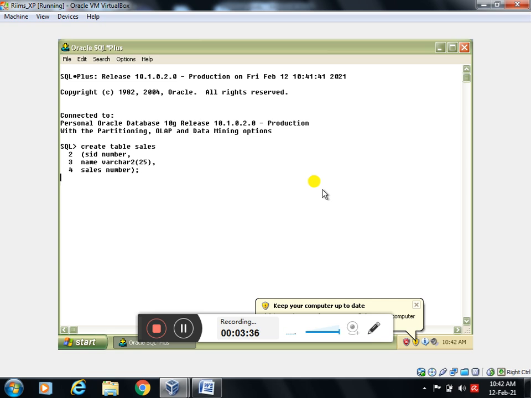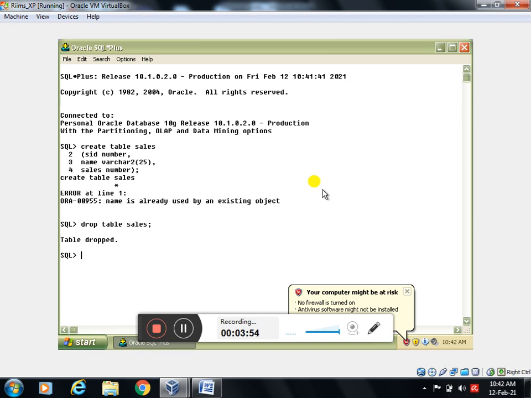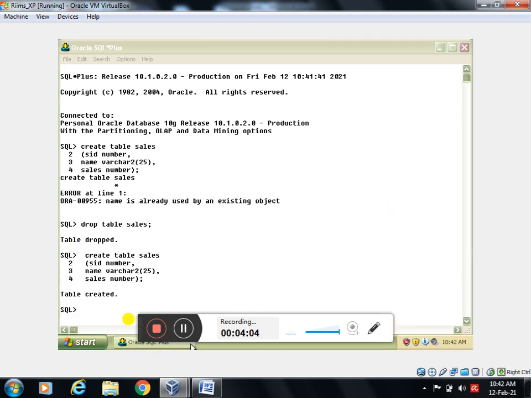It says the name is already used by an existing object, meaning the table is already there in my user ID Scott. So first I will remove the table: drop table sales. The table is dropped, so I will copy this structure and paste it here. The table is created.